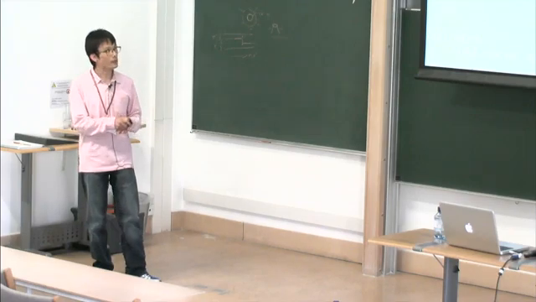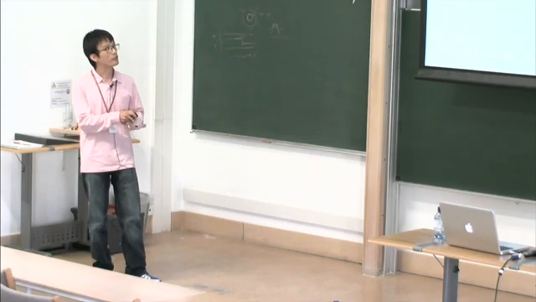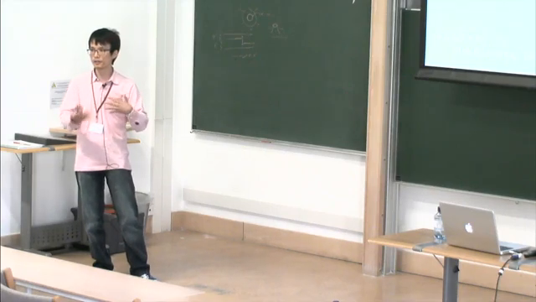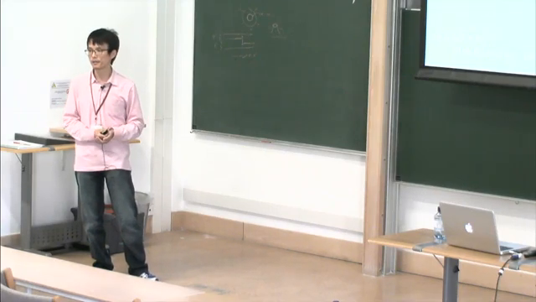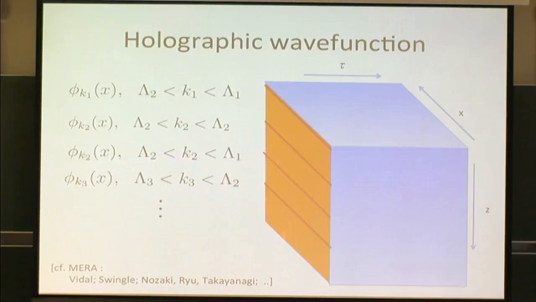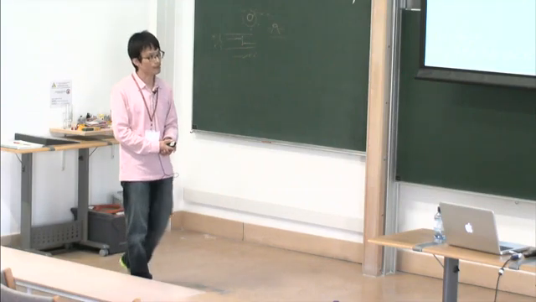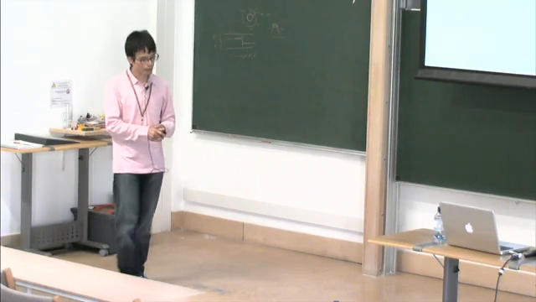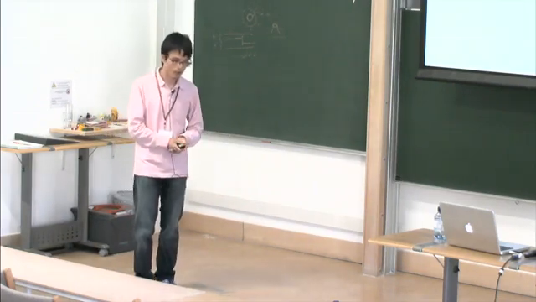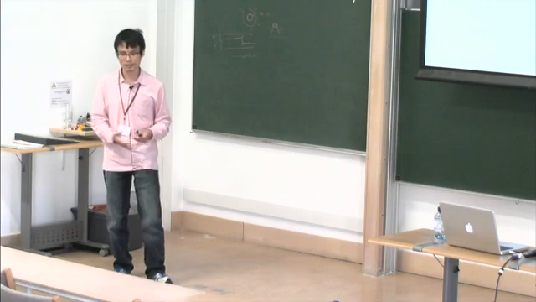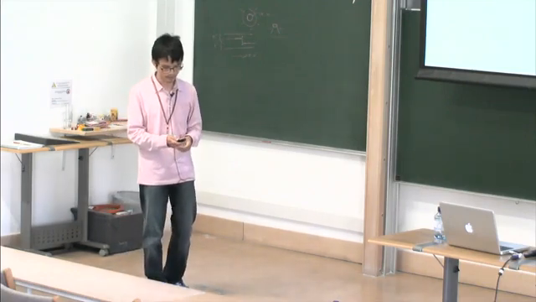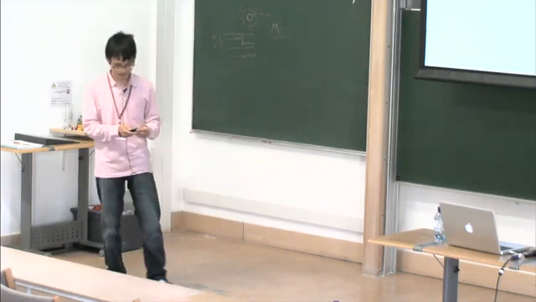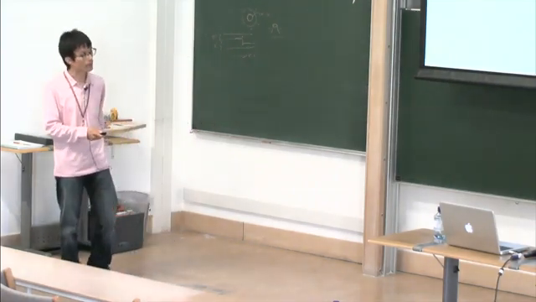But maybe in gauge theory there must be some non-local constraint on how the field configuration can be arranged. So in a sense, this mode may not be completely independent from the mode inside the bulk. But if one can do that, then you can think about a density matrix, and also you have a tool to think about the entanglement between low energy and high energy mode. But this is just a rough statement.